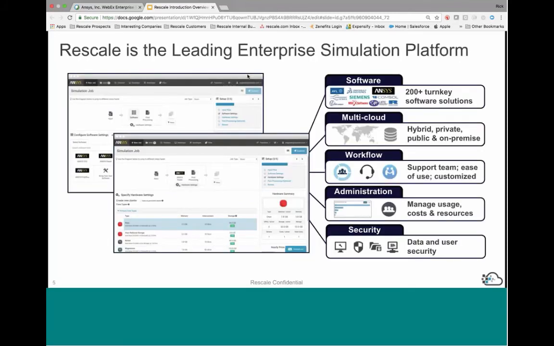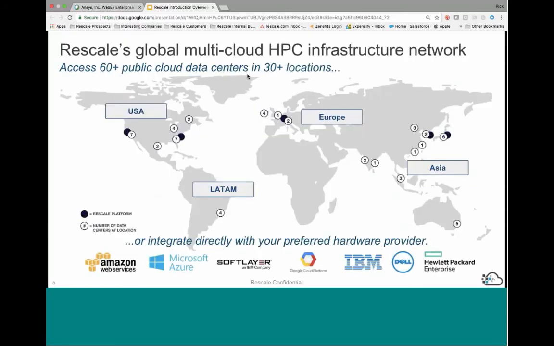We are the industry's leading simulation enterprise platform. Again, software, multi-cloud capability, workflow. We've got enterprise features built into the system to allow for project budgeting and management of all the various resources, compute resources, software, and we can provide breakdowns and costing structures so folks can manage projects by content, by group, by individuals, and of course we adhere to all the latest and greatest in data and user security, being a cloud-based approach.